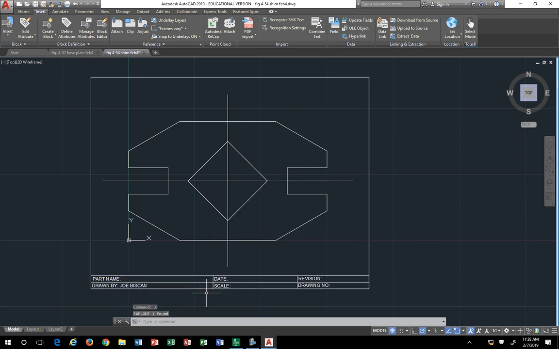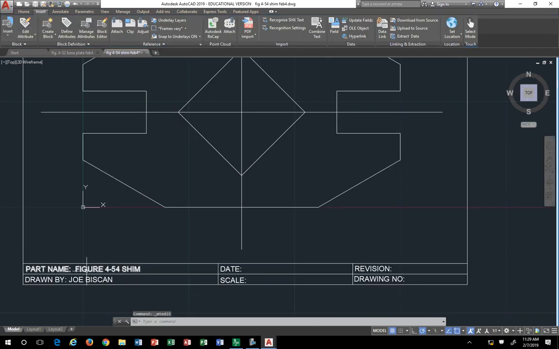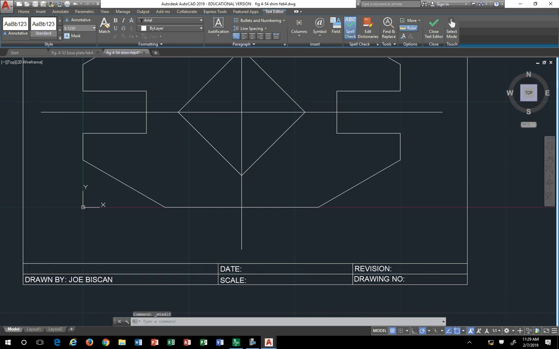Just click it, done. Now everything's independent again, and then you can go ahead and double click on part name and give it the part name, which is figure. Now everything you give me has to be all caps. Figure 4-454, Shin, that's what we call it. All right, that's the title. Got it? You must have a space, at least one, after your part name and the colon. Okay. Date, you can put in the date that you did it, or today's date,